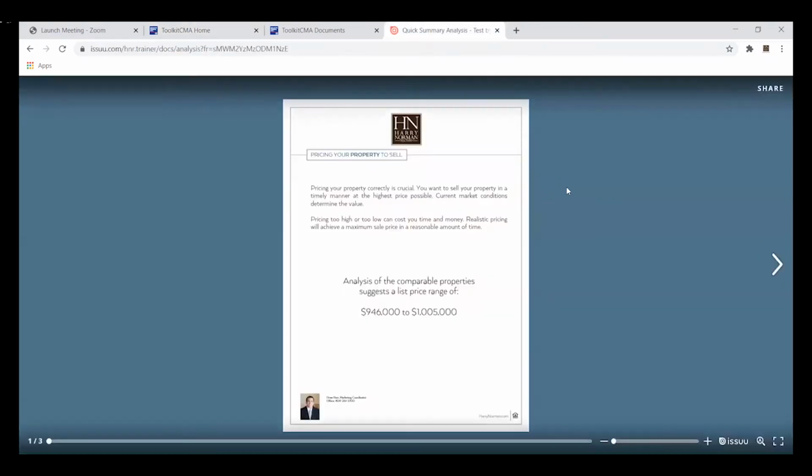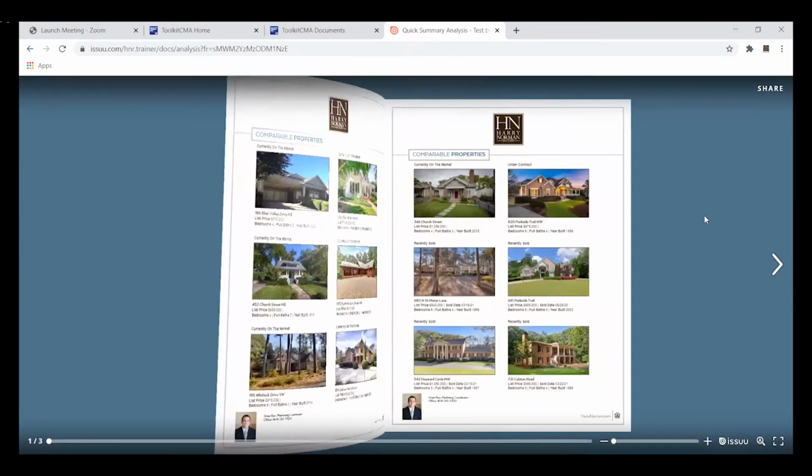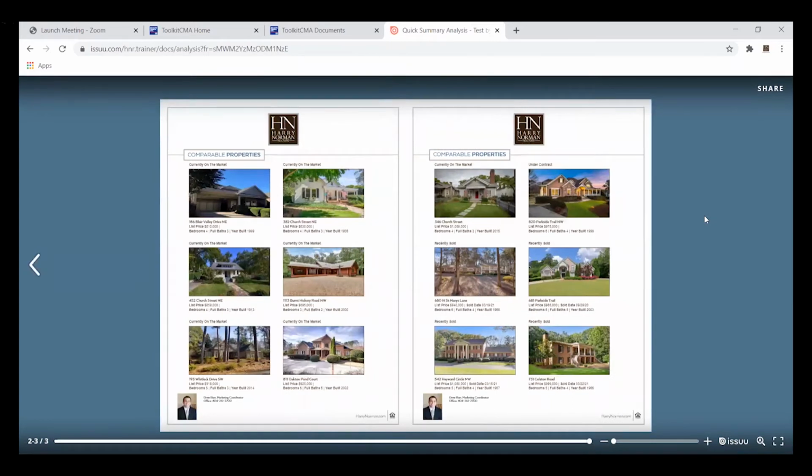In this presentation, it features your comparable properties list price range, and it also shows you comparable properties 6 per page in a spread format. Now, this presentation can stand alone, but it also can be incorporated into a standard listing presentation as an added